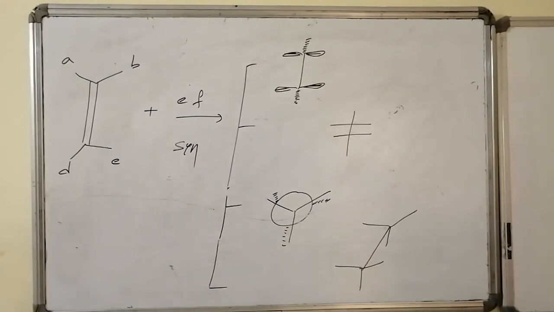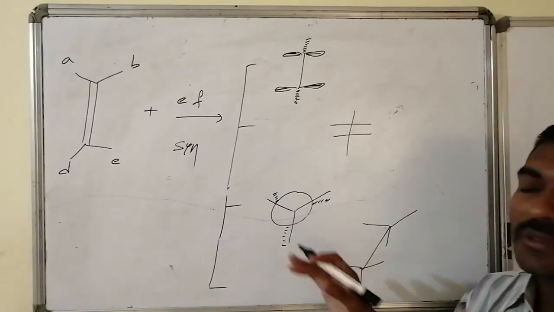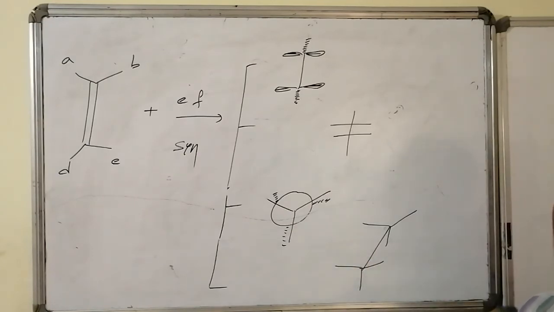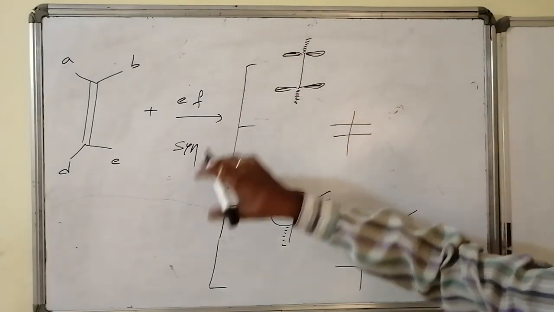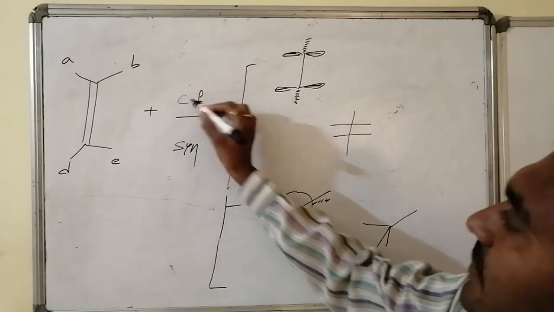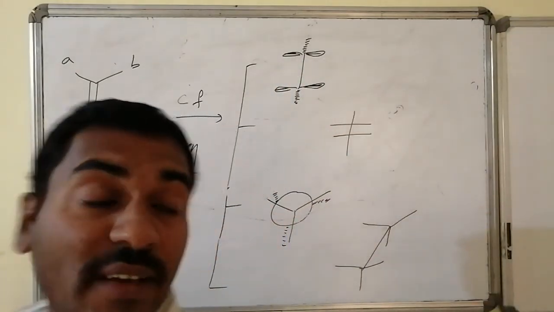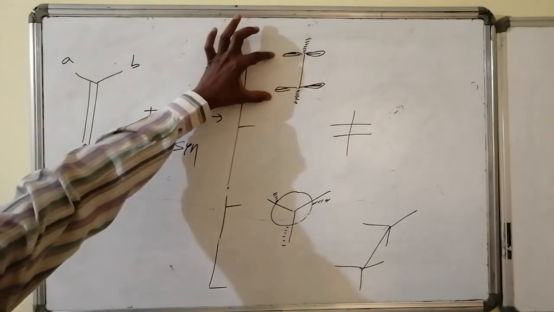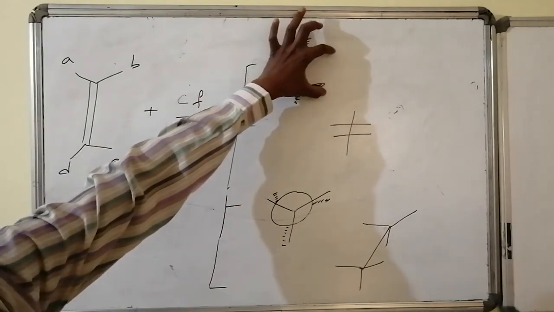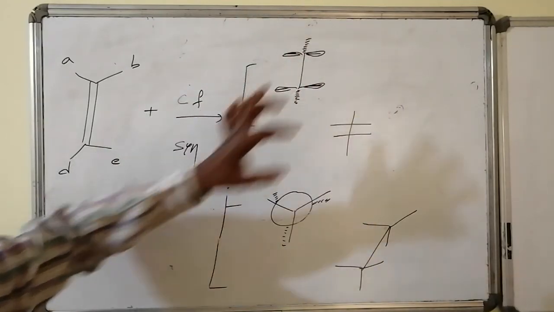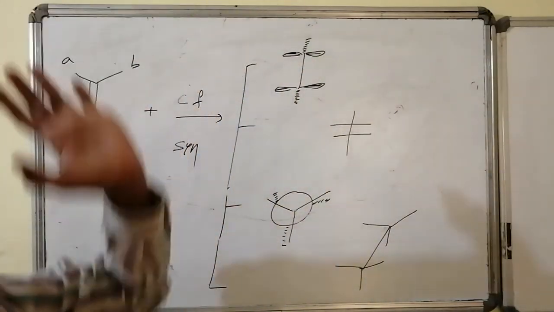Yes, these are the regular general ways of the representation of the molecules. Whereas suppose if C and F are going to be added in syn fashion, C is connected at the top carbon atom and F is connected at the bottom carbon atom. If you feel, then C and F can take these two positions because these two are syn. Else C and F can take these two positions. You can write at any positions. But here A and D, similarly here B and E, like this, that relation should be maintained.